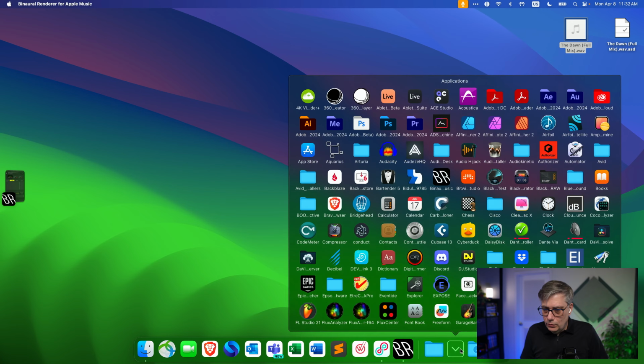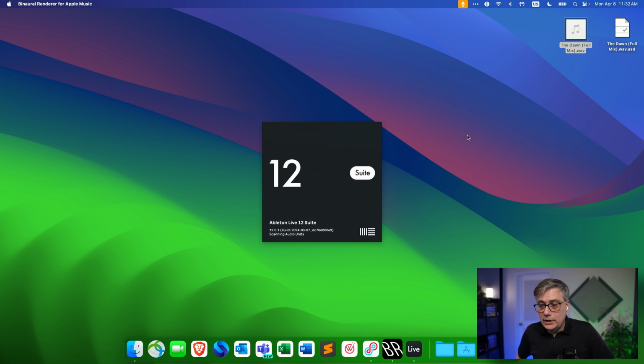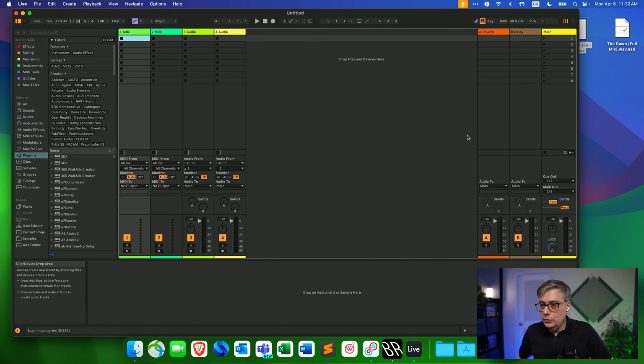And then we're going to open up Ableton, going to work with Ableton Live 12. And I'm going to do the same thing that I also did with Studio One. So I'm going to use this little loop here and I'm going to drop that in here. And just in anticipation, let's turn the gain down a little. So let's add the Dolby Atmos Composer.